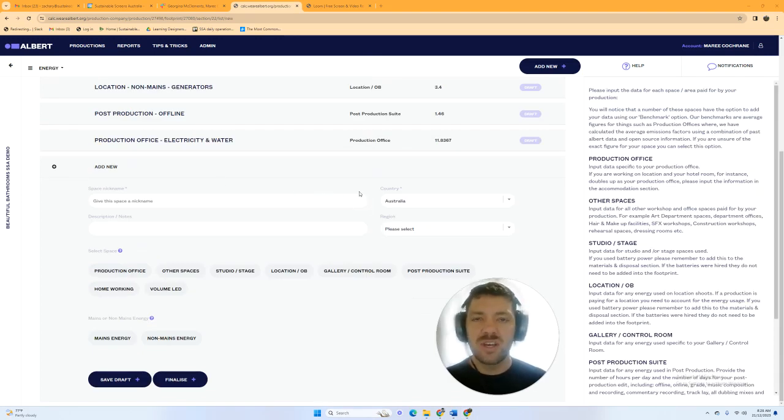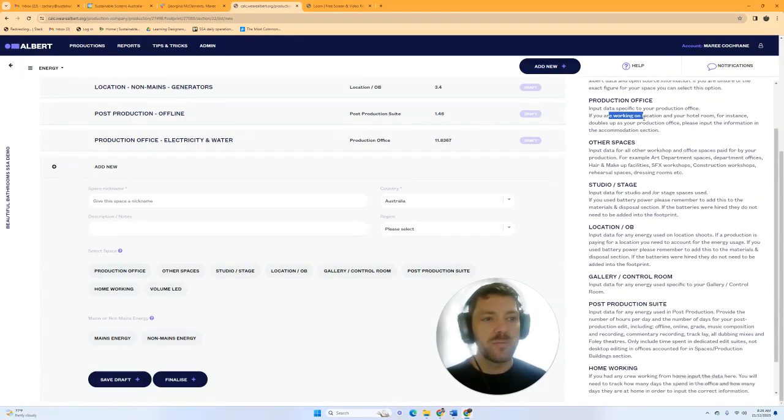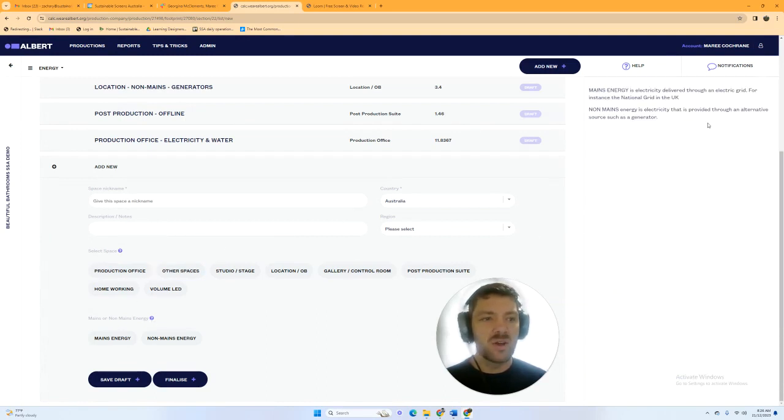Another update to the calculator is that the tips and tricks section on the right hand side has been updated. So when you go in to add a new entry, you'll notice the little question marks. When you click them, it tells you more information about each of the entries. You can click on mains and